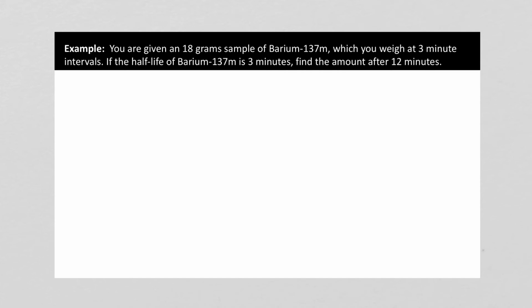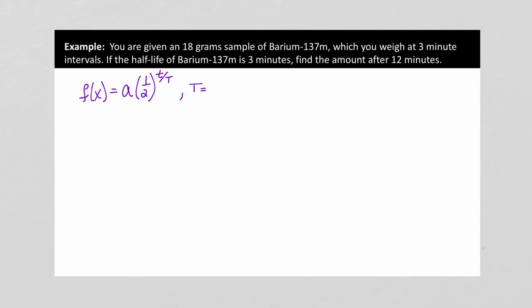Now, our general rule here is your initial value times 1/2, because half-life is always going to be 1/2, to the t divided by T. Here, big T is the amount of time for your half-life to happen. It's kind of hard to write that. But in this case, we'll have